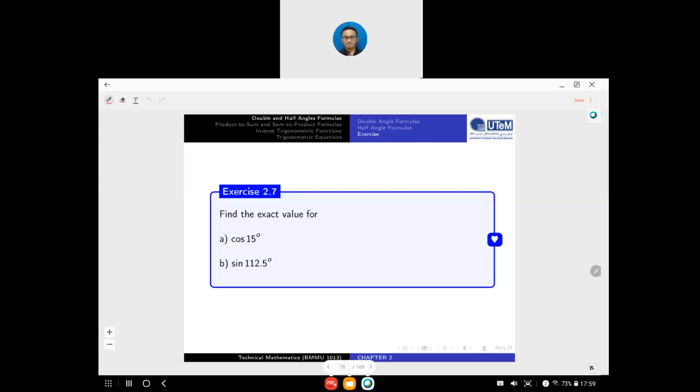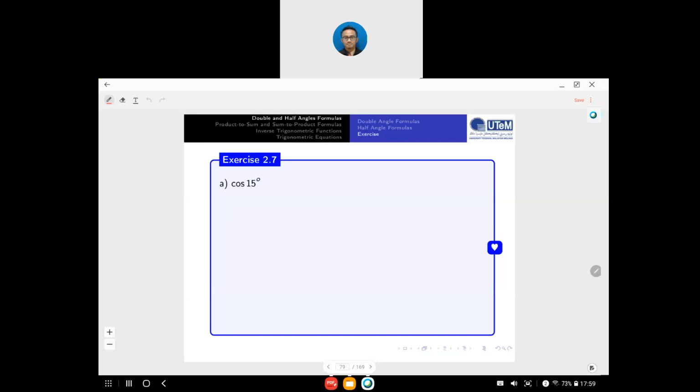Okay, now look at exercise 2.7. Find the exact value for cos 15 and then sin 112.5. Okey, yang ni kita nak guna half angle. Saya tahu cos 15 ni tak semestinya awak boleh guna half angle. Banyak lagi awak boleh guna. Okey. Yes, of course, laju macam quiz. Okey. Solution for